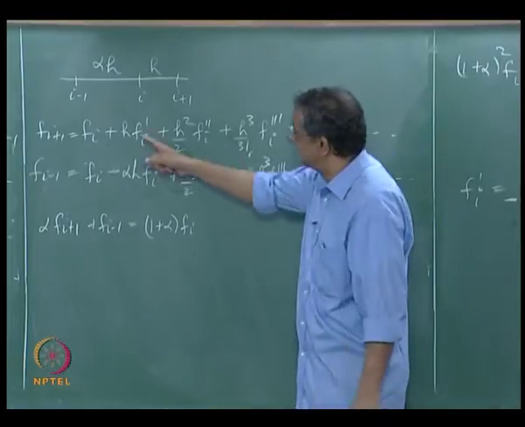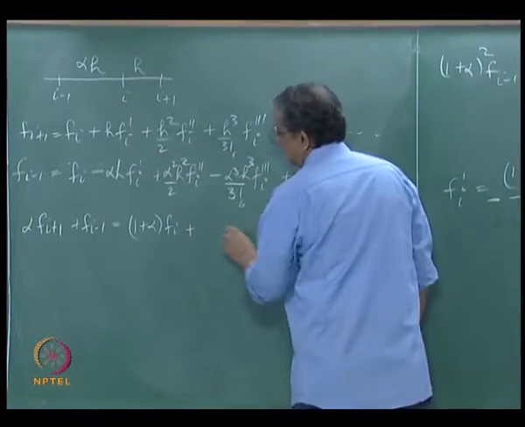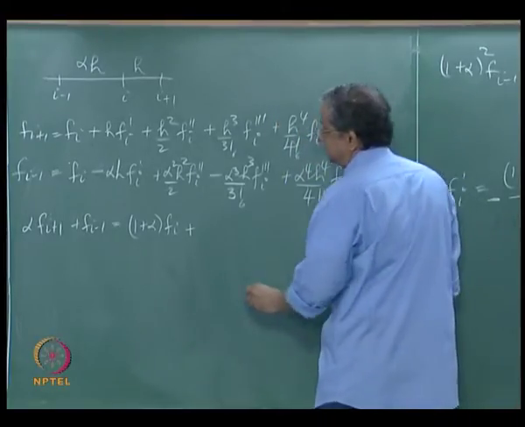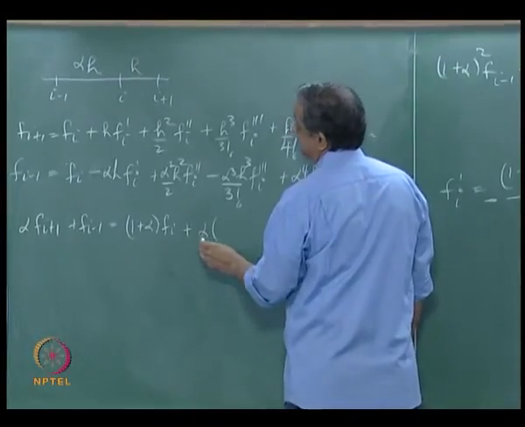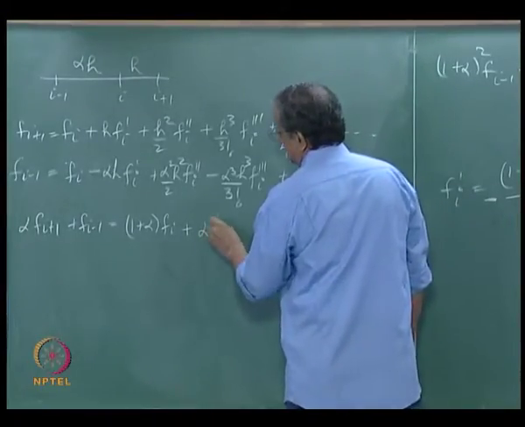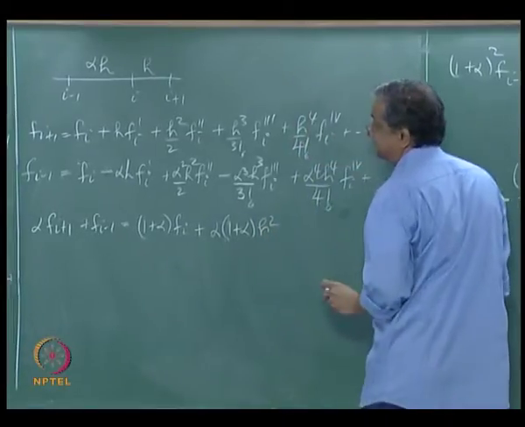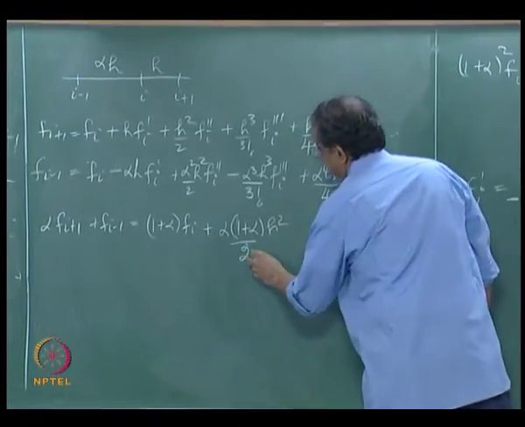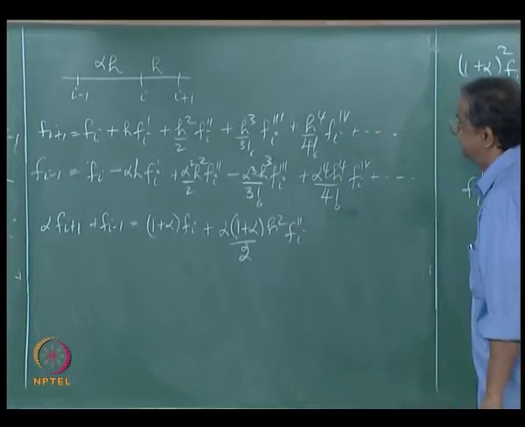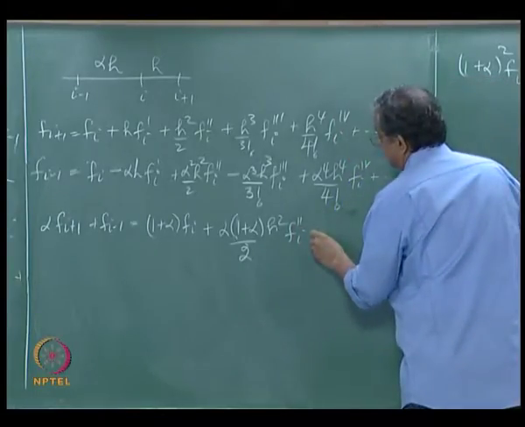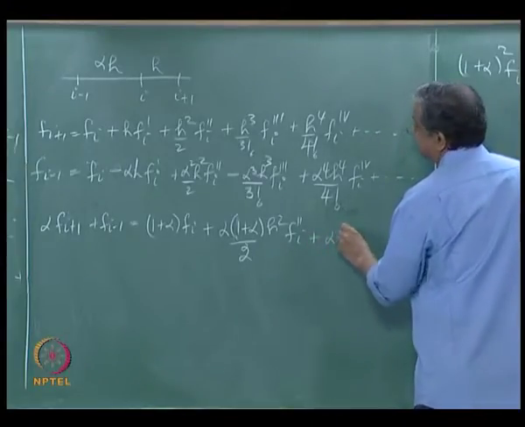The second term cancels. What happens here? Plus alpha into 1 plus alpha h squared by 2 f double prime at i, that is the term that I want, plus alpha into